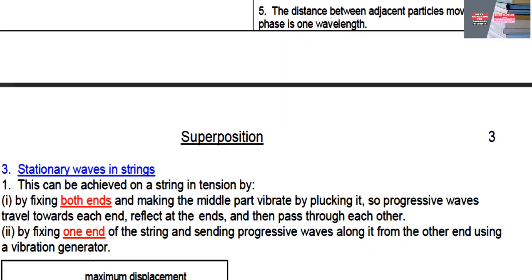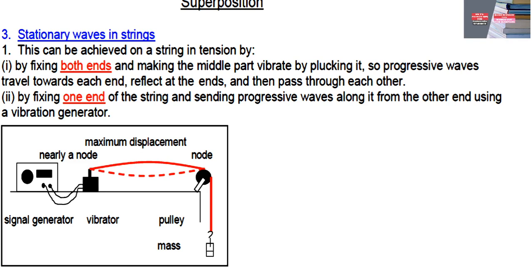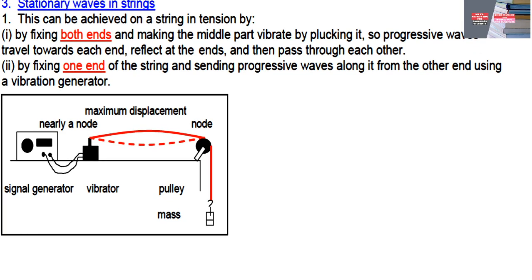Now the last thing that we're going to look at in this video is stationary waves in strings. Stationary waves can be achieved on a string under tension by fixing both ends and making the middle part vibrate by plucking it, so progressive waves travel towards each other, reflect at the ends, and then pass through each other. Or by fixing one end of the string and sending progressive waves along it from the other end using